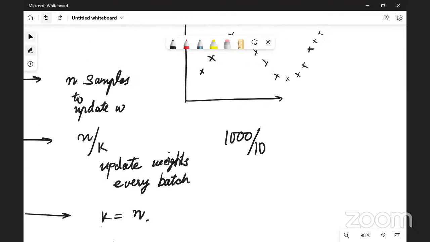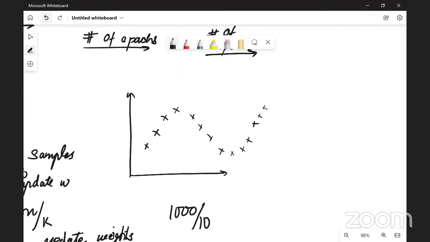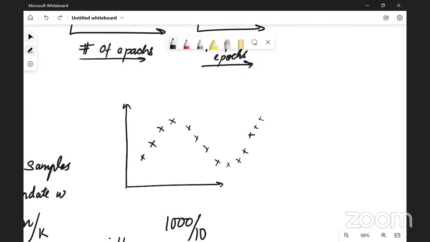Okay. So now come to the second part, which is polynomial. So imagine that you have this kind of data set. Looking at this kind of data set, the ideal model should be something like this, right? But if you apply the technique of linear regression without any polynomial transformation,